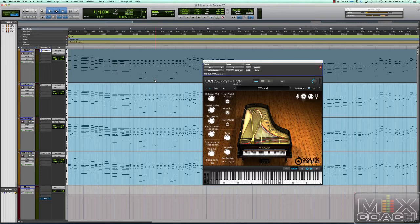and take a listen to how they captured the actual response of the sympathetic resonance, the pedal noise, key noise. Really listen for the details of the modeling in between all of them, and decide for yourself, not necessarily what sounds best, but what may suit your needs best, because no two C7s are going to sound the same. They're in different rooms, different mics, different piano technicians. The soundboard could have been set up differently. They've had different lives, they've been in different climates, so there are many factors,